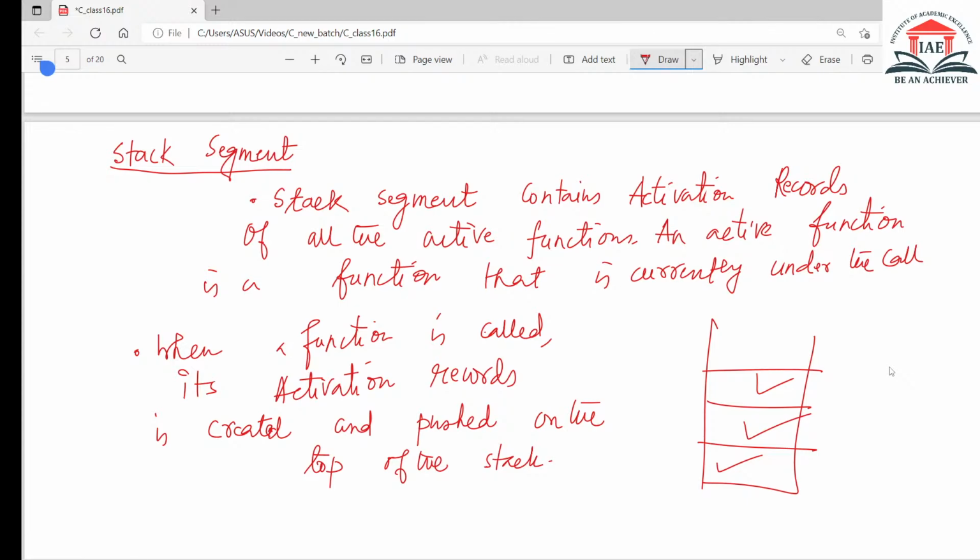And just by seeing the program, just predict the output. This is a simple program I am writing: integer main, and static integer I equals to 5, and if